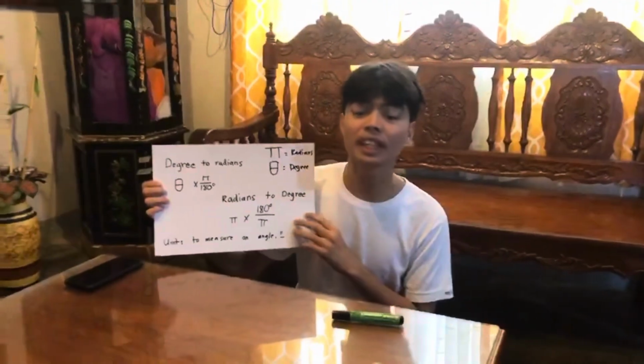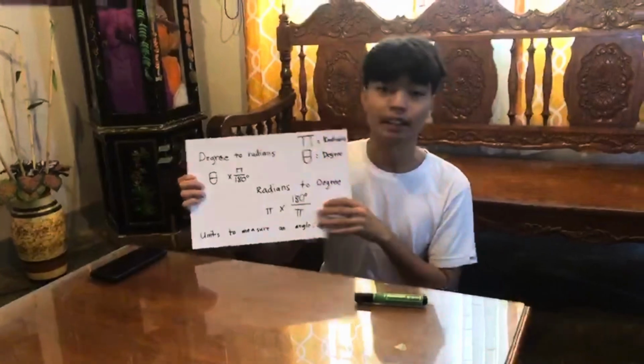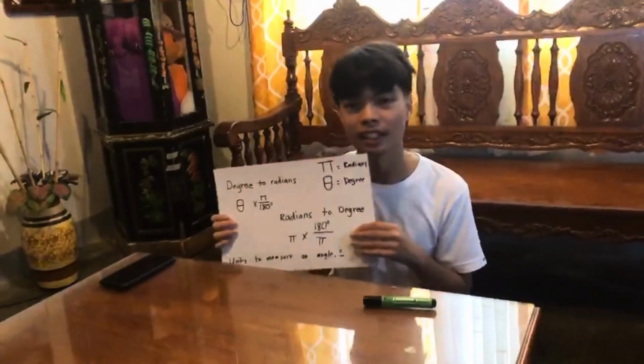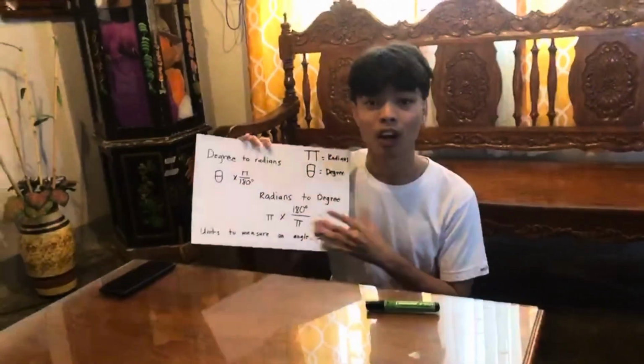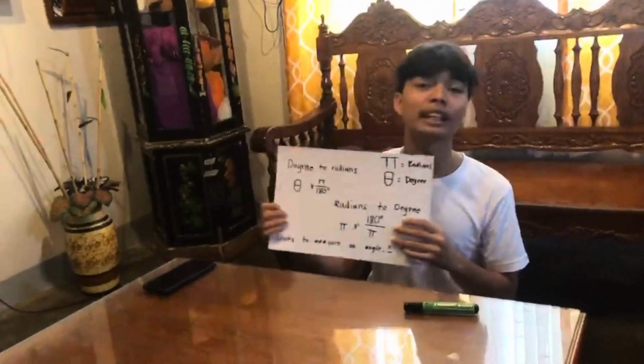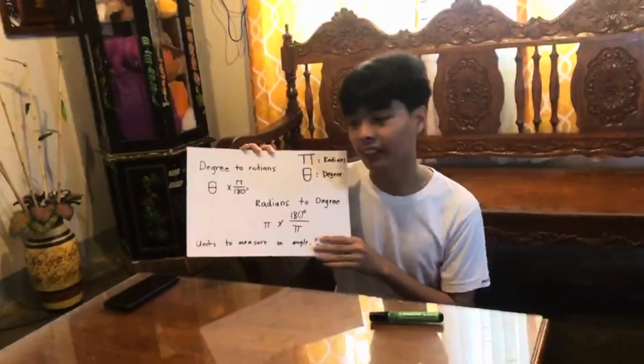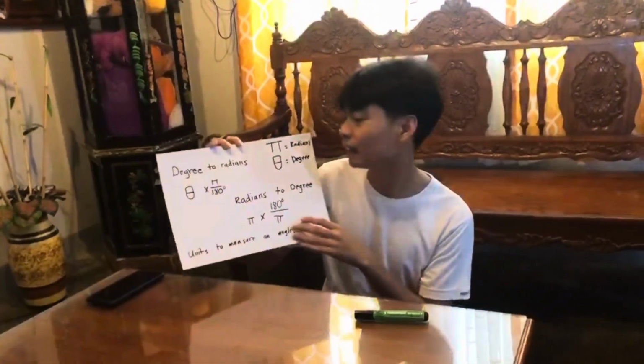These are the two different units that are used to measure an angle: radians and degrees. It is important for us to be proficient in the conversion of a unit of an angle, radians to degrees and degrees to radians. When we take the radius of a circle and revolve it, we start constructing an angle that can be measured in either radians or degrees.